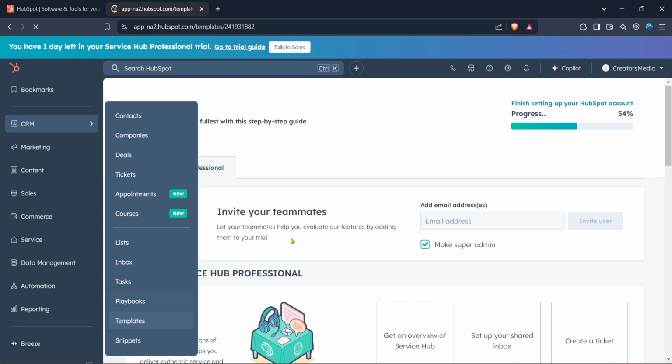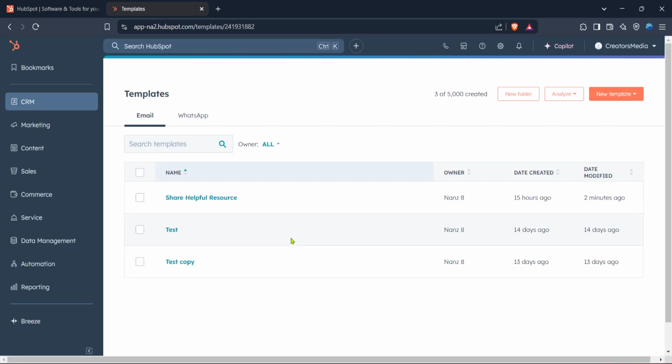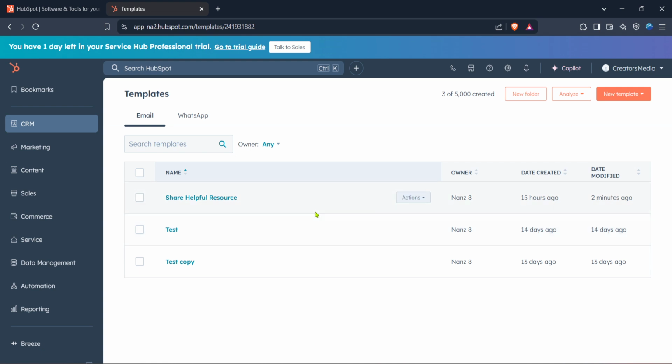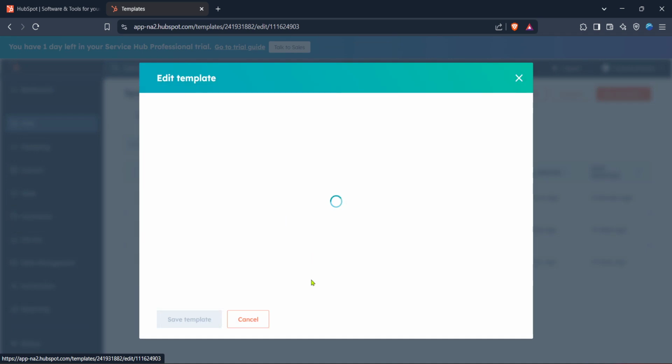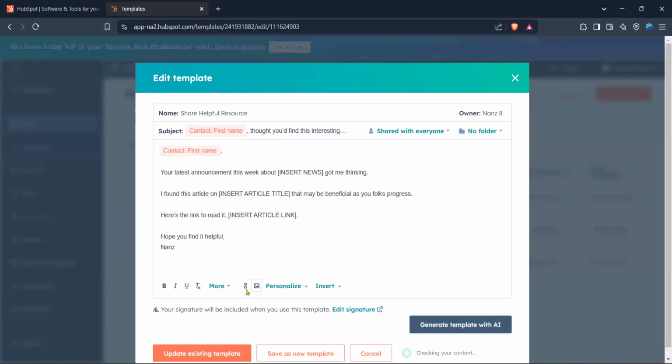In the templates area, select the template you wish to modify. Ensuring you're working on the correct template is key, as this will be where you'll add your custom image. Once you've selected your desired template, look for the option to insert an image. This is generally quite straightforward, with an easy to spot button or link that will allow you to insert your custom visuals.